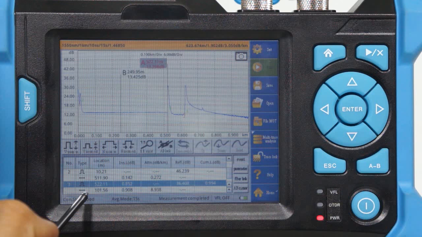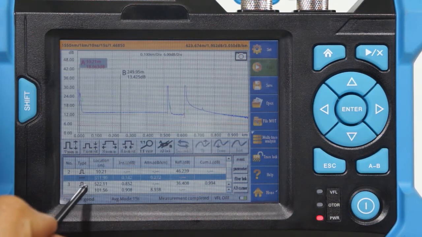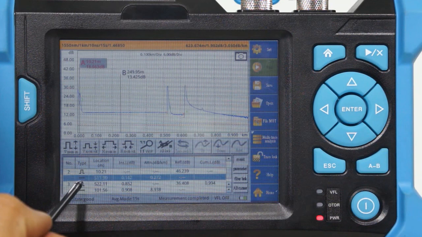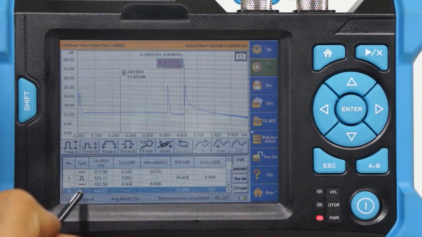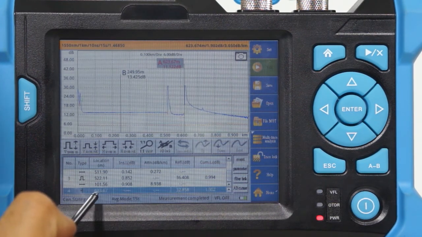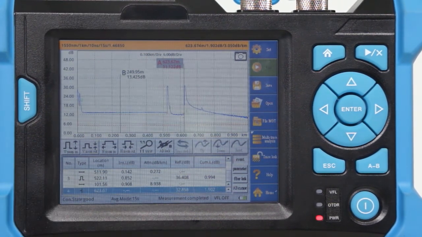This connector has an insertion loss of 0.8 dB and a reflection loss of 36 dB. Between event number 2 and 3, the OTDR measures the attenuation coefficient of the fiber, which is 0.2 dB per kilometer. Event number 4 is the end event at 623 meters, which marks the end of the fiber.